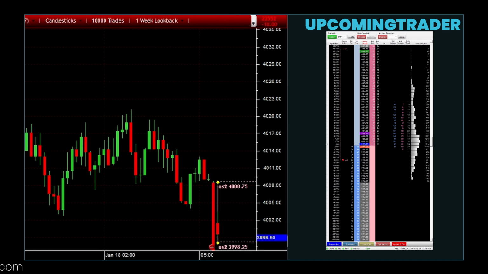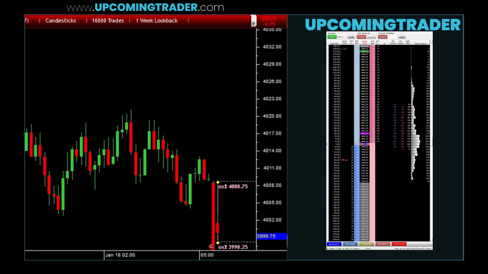Triangle patterns, such as ascending, descending, and symmetrical triangles, represent consolidation before a major price move. In ascending triangles, the price makes higher lows while consistently testing a resistance level. Volume generally decreases as the pattern forms, indicating consolidation. A breakout above the resistance level with high volume signals that buyers are gaining control, and the price is likely